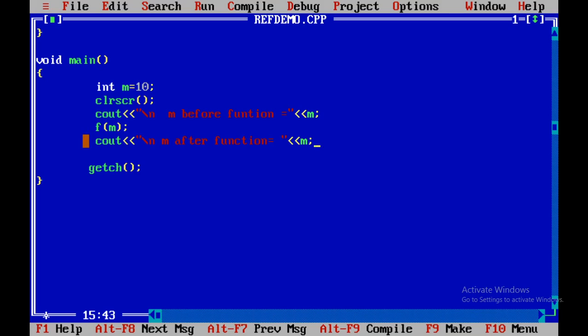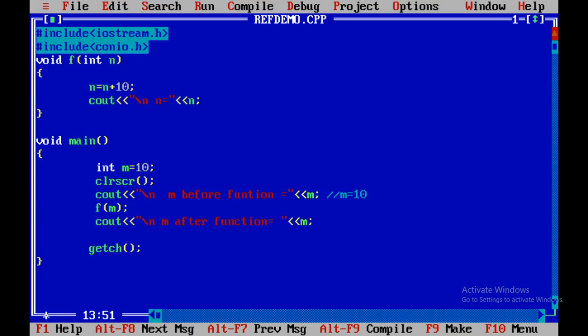So when this method gets called, we will handle this code first. m is having value 10. After that the clear screen will happen. As the value of m is 10, before calling the function the value of m is as it is, that is 10. After calling the method f, we are passing the actual argument m as 10.